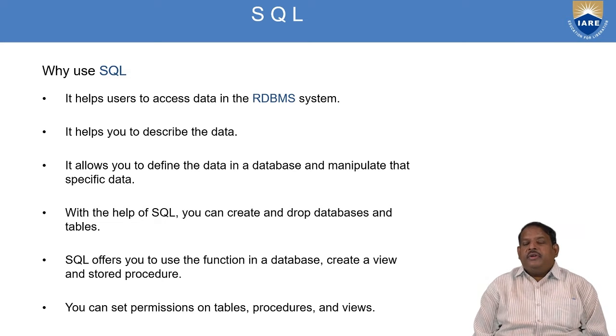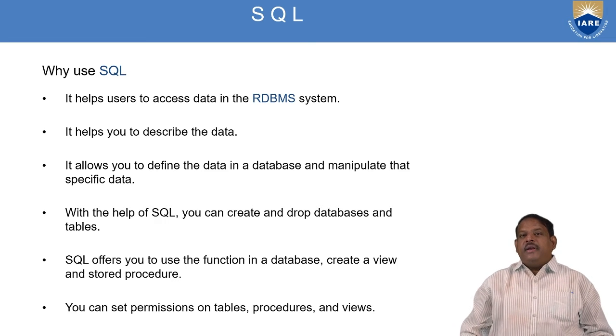After creating tables, procedures, and views, we can set permissions, so that when you set permissions, only those who have access to those tables can access the data, and the remaining cannot access the data in the database table. Suppose I have a table called student. I don't want the student table to be seen by the user XYZ. When XYZ tries to query the database tables, he will not be able to see the data. It says unauthorized access. Only those who have permissions